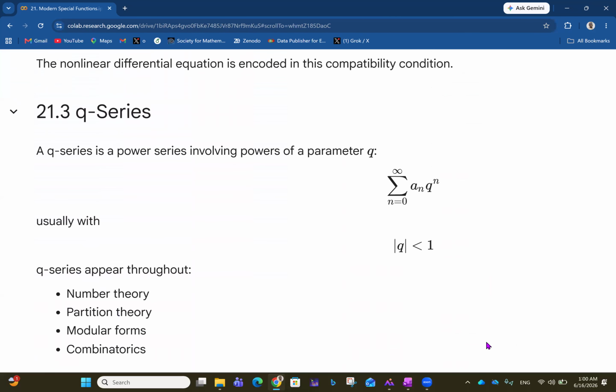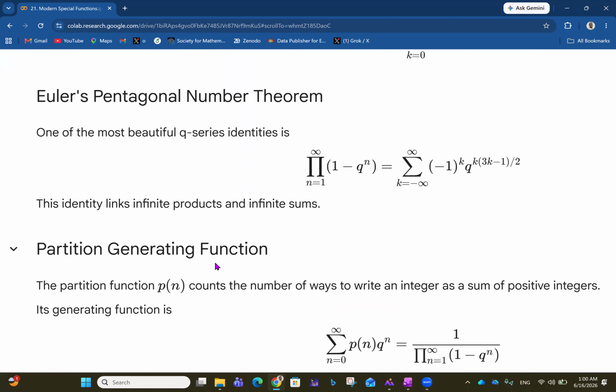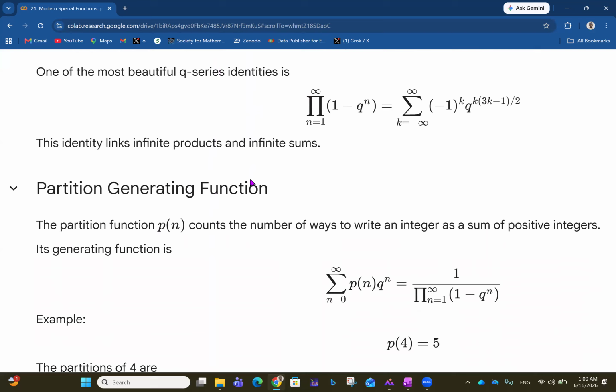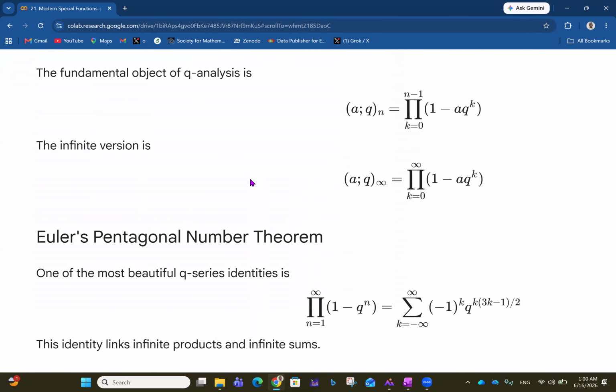So those Qs, we can now have them in different systems, like the ones we've seen, the Q-Pochhammer symbol. And now we're talking about Euler's pentagonal number theorem. For Euler's pentagonal number theorem, one of the most beautiful Q-series identities is the product over